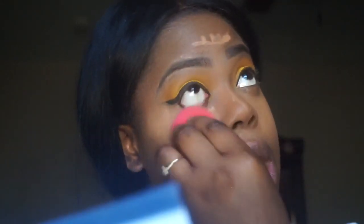But oh yeah, if you didn't know, this takes a while to blend. That's why I don't like it, but I like the way it looks after. So this is the ColourPop No Filter, which looks like it's a freaking filter. But anyways,